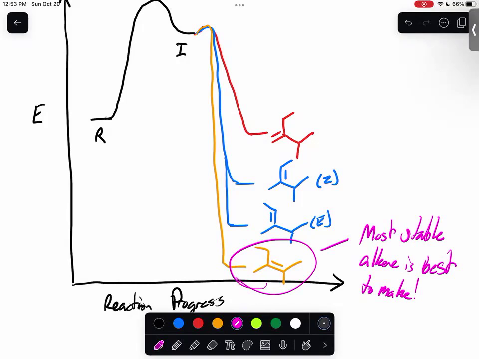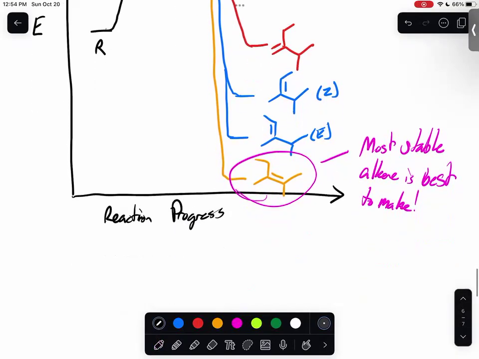All right. So that being said, anytime you're doing this E1 reaction, you're always looking to form the most stable alkene that you can. Okay? The other thing is if we take into consideration some stereochemistry,